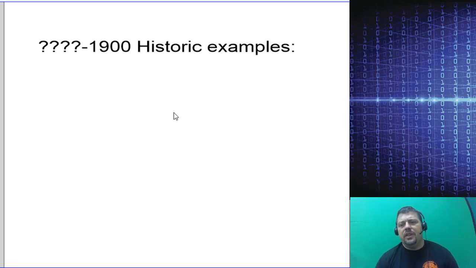And there are some other examples. I think Leonardo da Vinci developed some diagrams for some rudimentary computer-like devices. There's not anything we would look at and say, well, that's a computer in this time period, but there were things that technically met the criteria of being a computer.